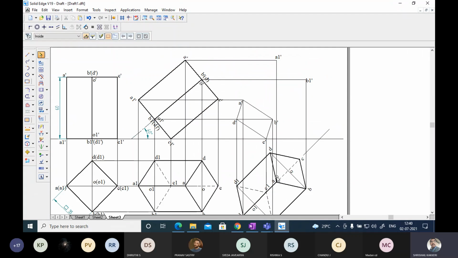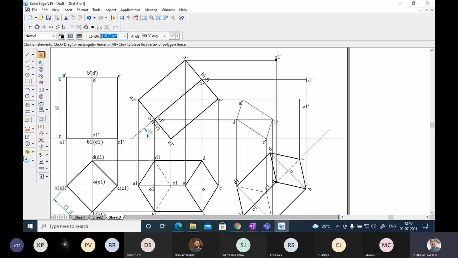Now A or B or C. From C, again take a line from C, and this is the intersection. So this will be point C, let me write it as C1 dash.